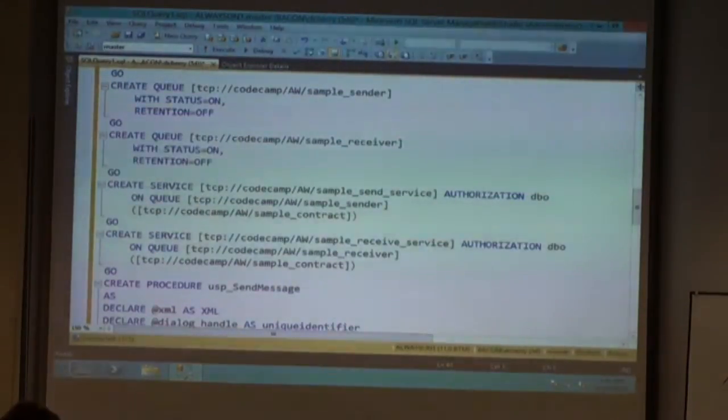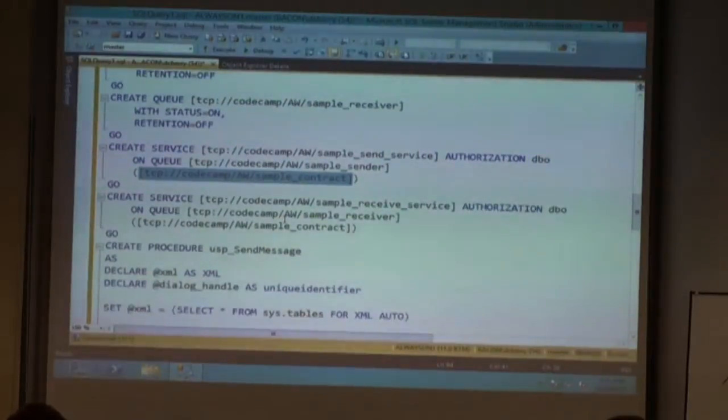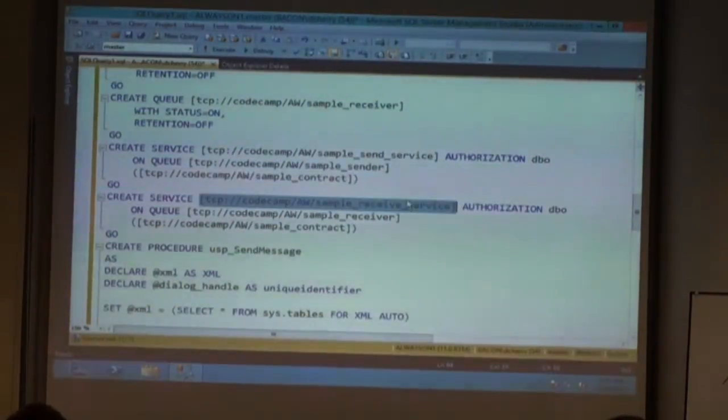For the services, I create a service, one for the sender, authorization DBO, on queue, and I specify the queue that I'm going to be sending the messages into when they are received by the service, and then the contract that has to be used for this specific service. So whenever I send a message into this service, the message type that I'm using has to match one of the message types that are specified by this contract. I do the exact same thing for my receiving service, sample receive service, on queue sample receiver,